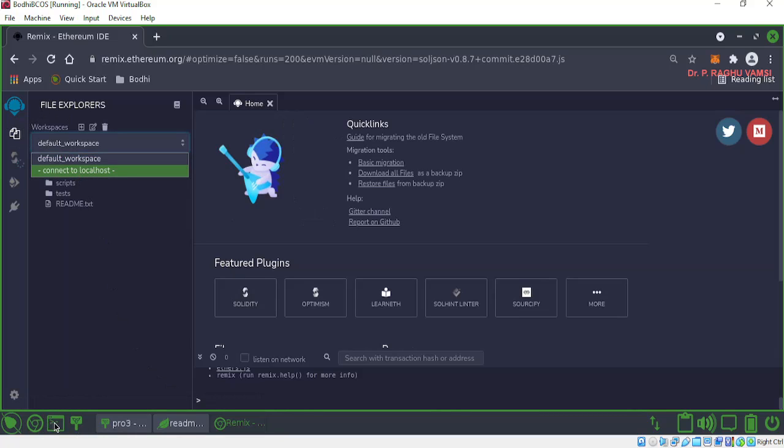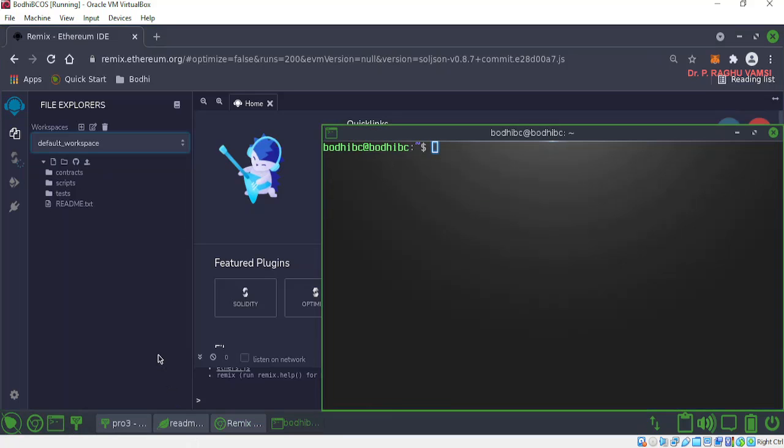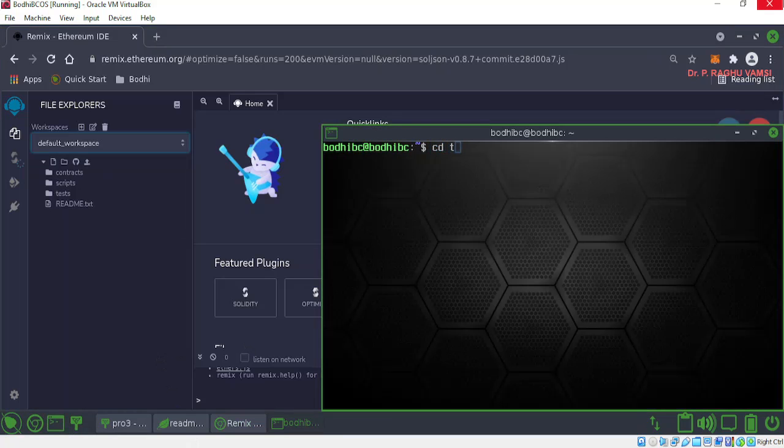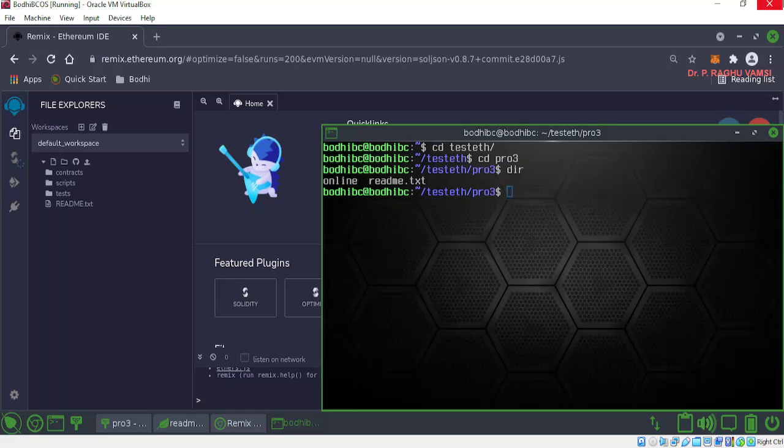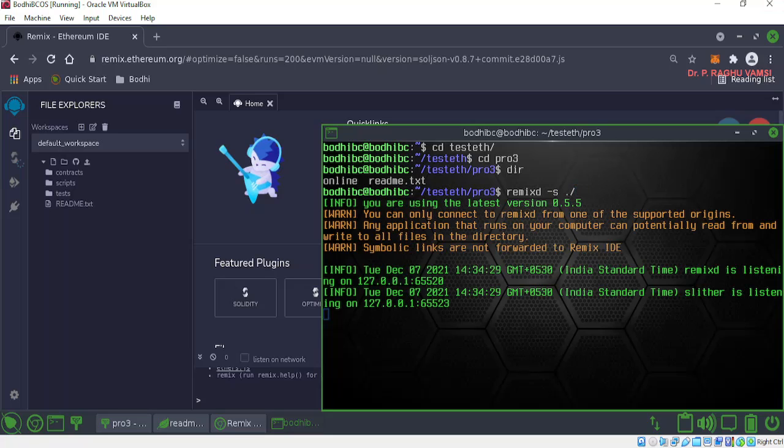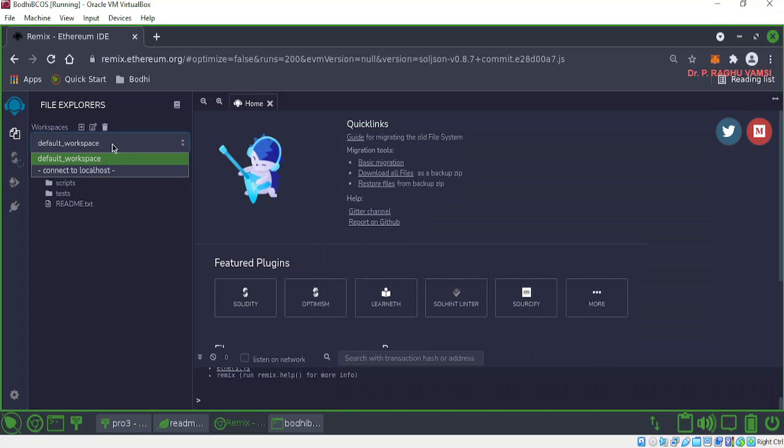Whenever we run remixd, test ETH, cd Pro 3, now remixd -s ./, that means the current folder. So now the server will start, and you can go and connect to the localhost.